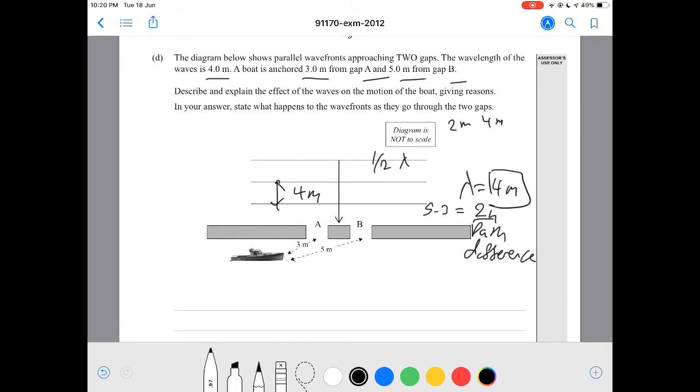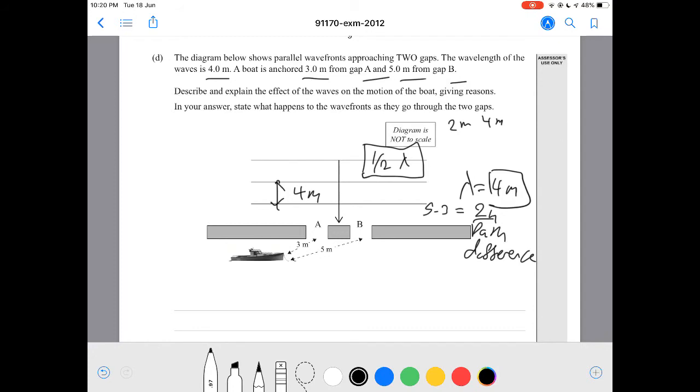The distance from a wave trough to a wave crest is half a wavelength. So if I were to travel from a wave trough to a wave crest, the total distance is half a wavelength. Because our path difference is half our wavelength,